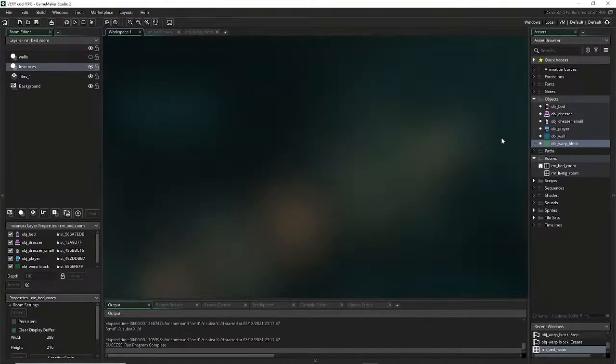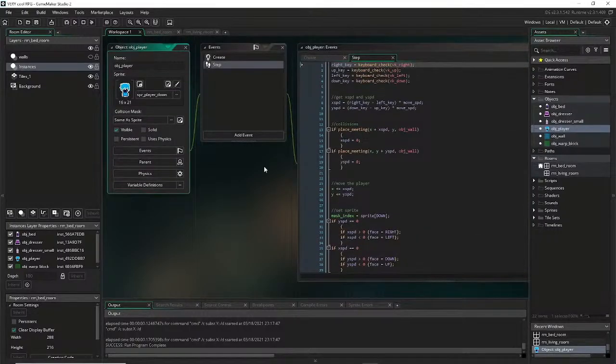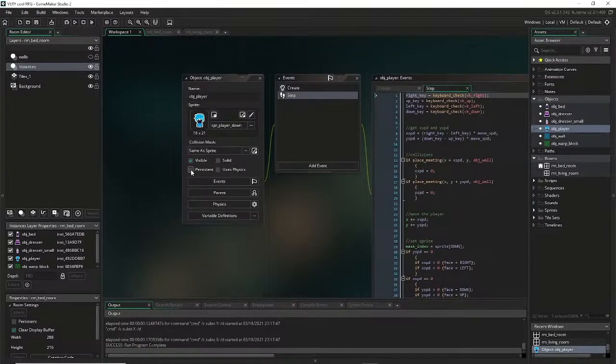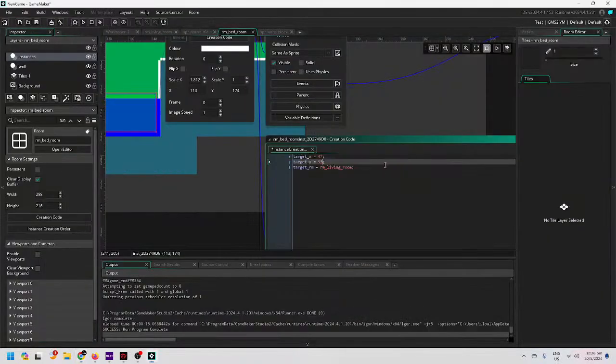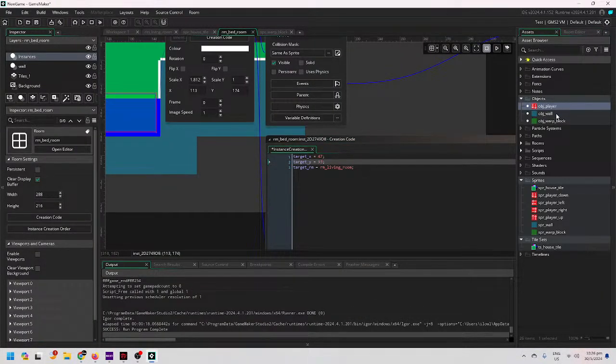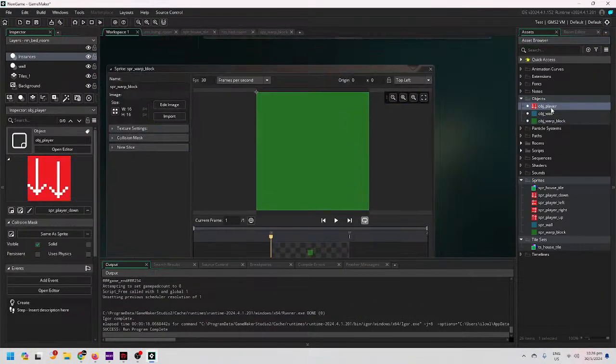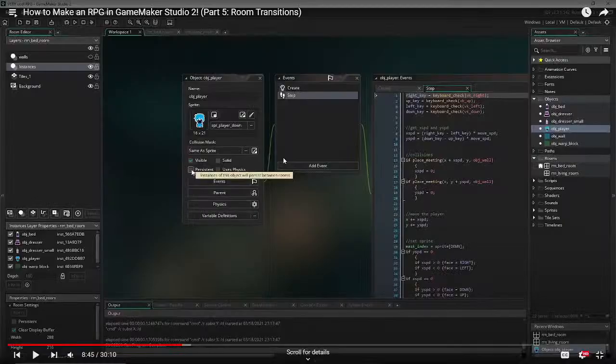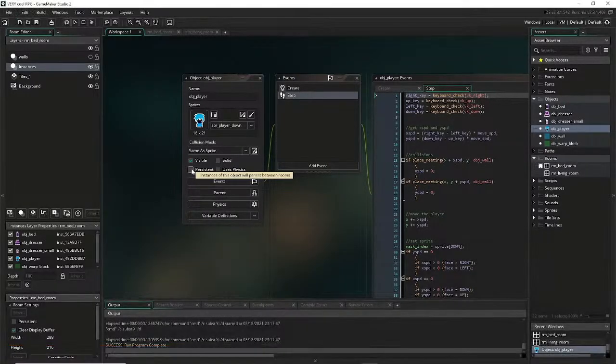Let's go back into our player object. Now over here, we have a little checkbox called persistent. And if you read the text that just showed up, this will make it so this object will persist between rooms. So that means that the game won't get rid of it whenever you walk out of that room. So now if we run our code,